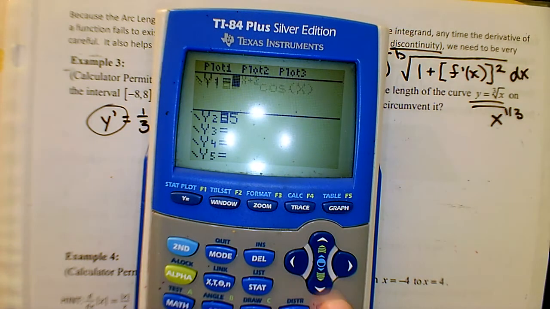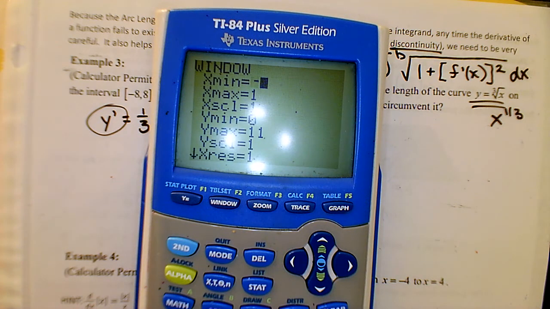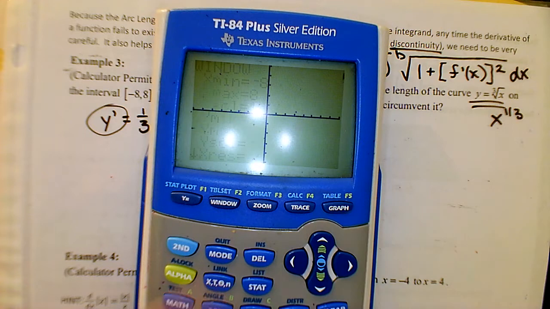So in y equals, you can clear out anything you have in there. We'll type in x to the 1/3, which is the same thing as the cube root of x. And let's go ahead and change our window. We're going from -8 to +8 on the x-axis. Maybe you want to count by ones. Maybe on the y-axis we'll go from -5 to +5. You can make those values anything. So if you hit graph, we're going to have this cube root function,